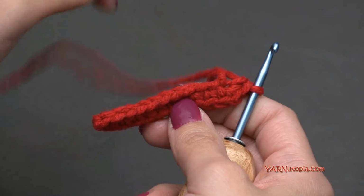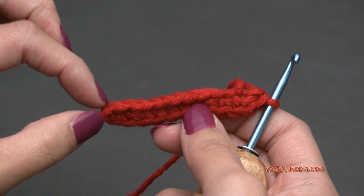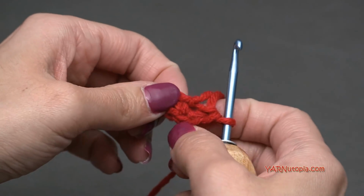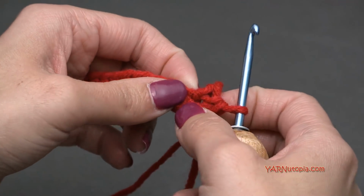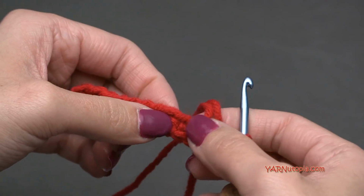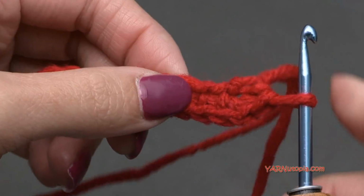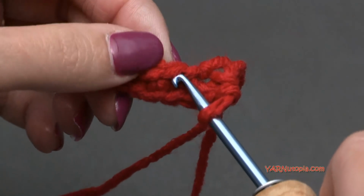We're going to now work across this foundation row to get back to the beginning here. So we don't have to work in this spot right here, because we just put 3 stitches all in this stitch right here where our slip knot is. So we're going to go into this very next one right here, okay? And we're just going to single crochet in there. So go into this next stitch,